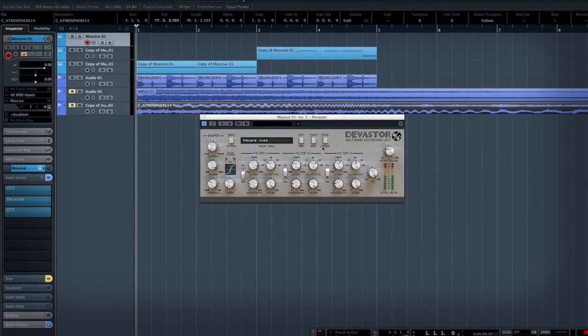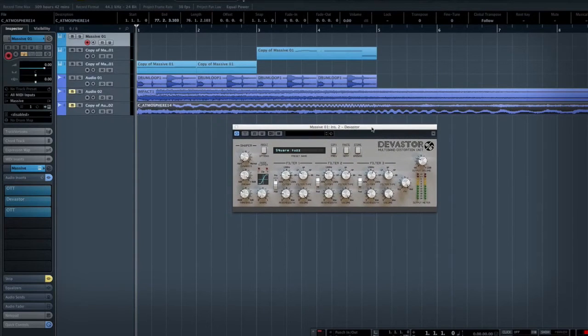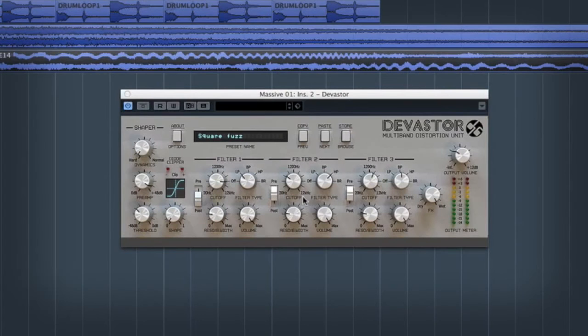So I'm just going to run through some of the settings on the plugin. It's actually a pretty quick plugin to get to grips with. I'll just run through some of the basic settings. Like I said, this isn't a full manual on how to use it, but just how I would use it. So you've got a dynamic shaper here, which works a bit like a compressor. Then you've got your preamp input here, a threshold at which point the distortion cuts in,